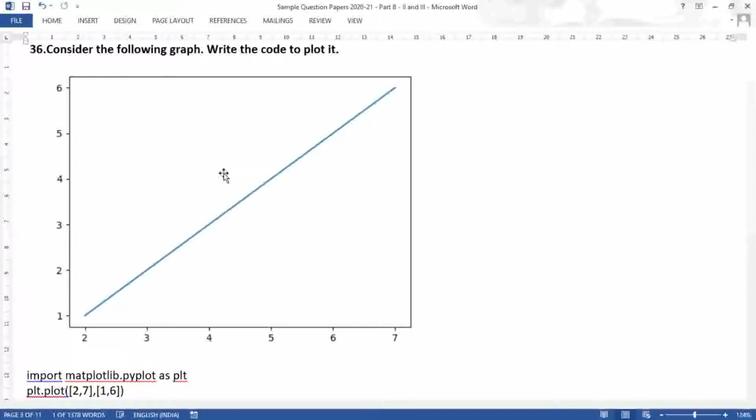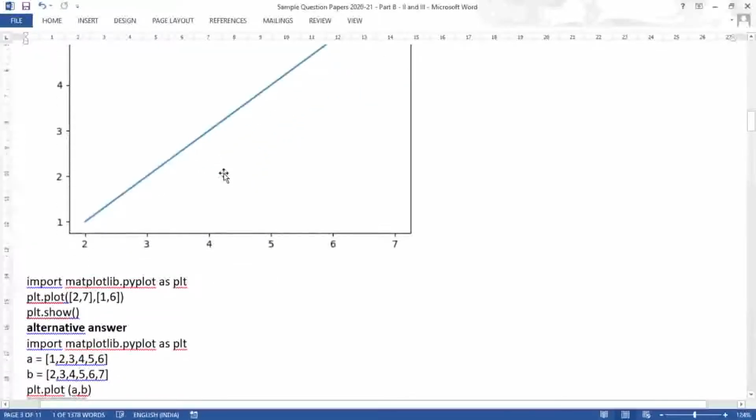Suppose you want to type a chart title, or you want to do something with the chart, like change the color of this line, then that particular option will be available. So if you want to learn how to plot a chart, I have written a detailed post and made one video also, data visualization using PyPlot, so that you can watch. Let me move ahead towards the next question.